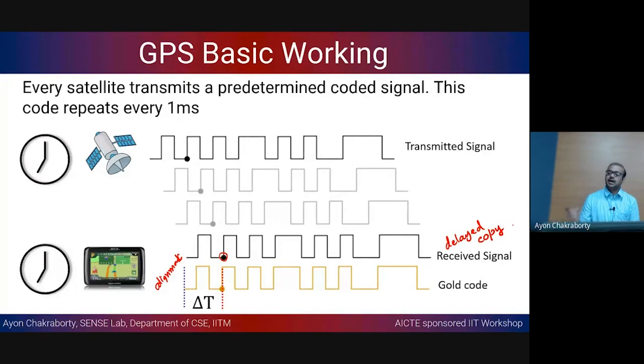Okay, so this is a delayed copy of the same transmitted signal, and we keep in mind that we know what exactly is being transmitted. From there I can figure out what the delta t is. Okay, so delta t gives me the time offset between the satellite and my receiver. So if you know this delta t, delta t multiplied by the speed of light is going to give me the distance,